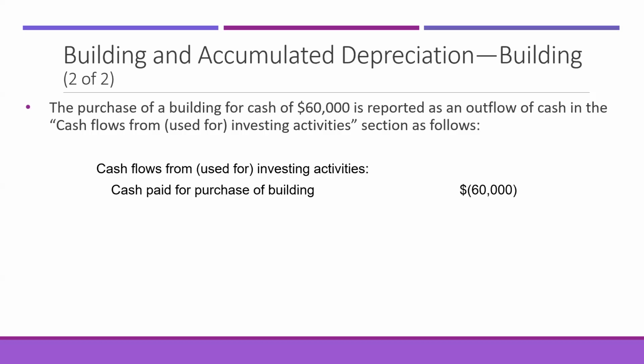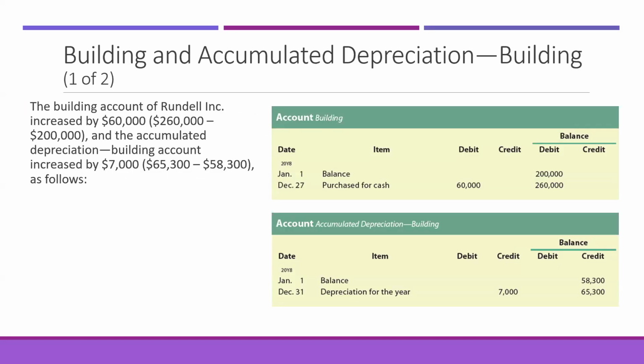That's what's going to go as cash paid for purchase of building. The depreciation for the year is going to show up in the operating cash flows portion, as it's going to be taken out of net income. And that's also what's nice about recording buildings at historical cost: if we know that there were no disposals of